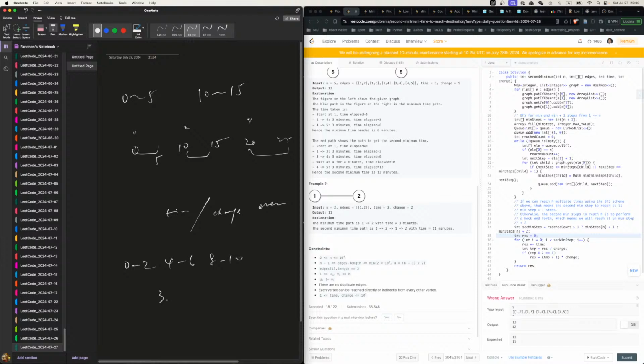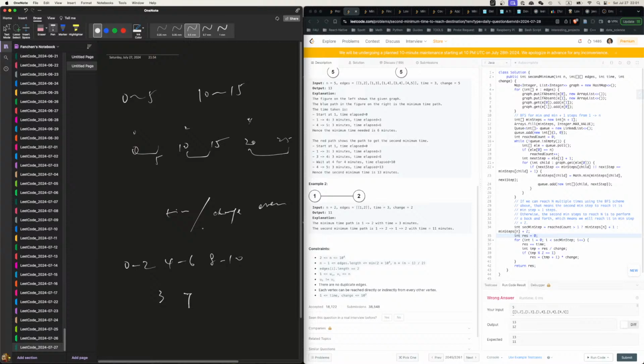First one is 3, okay? And 3 divided by 2 is 1. 1 is bad. So 1 plus 1 is 2. 2 times 2 is 4. So res becomes 4, right? And the second one will become 4 plus 3 is 7, right? And the 7 divided by 2 is 3. So it shall be 8, right? And 8 plus 3 is,